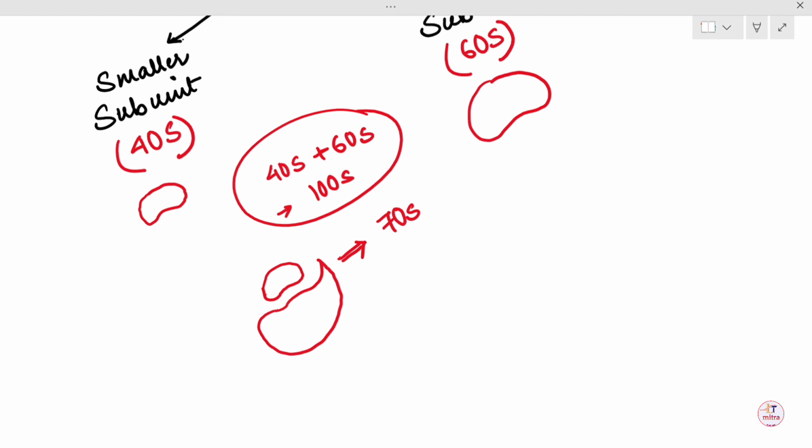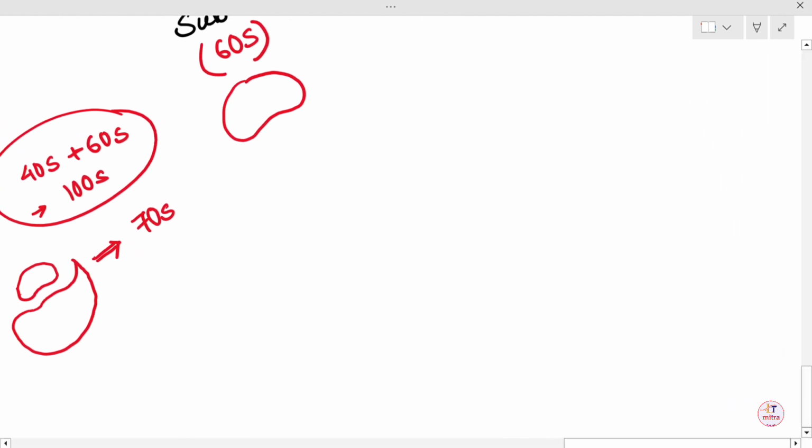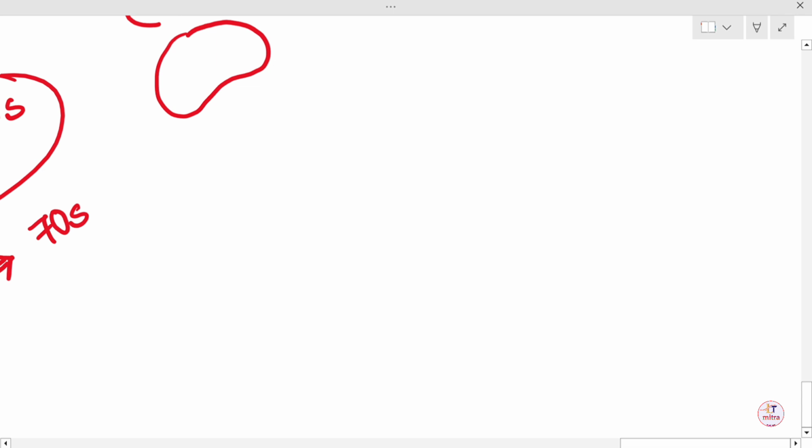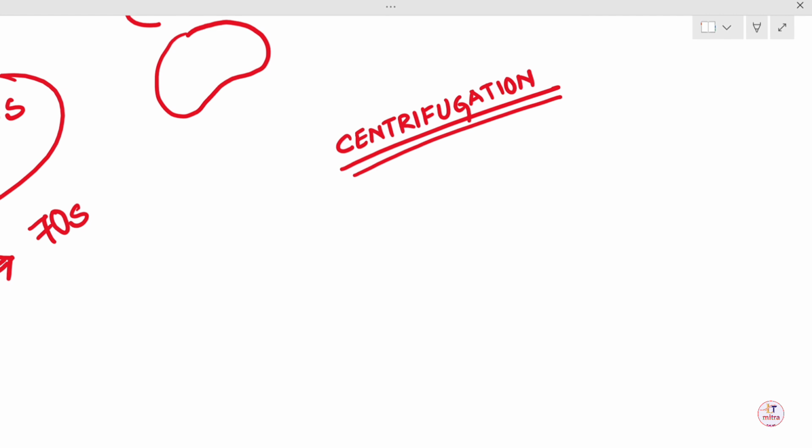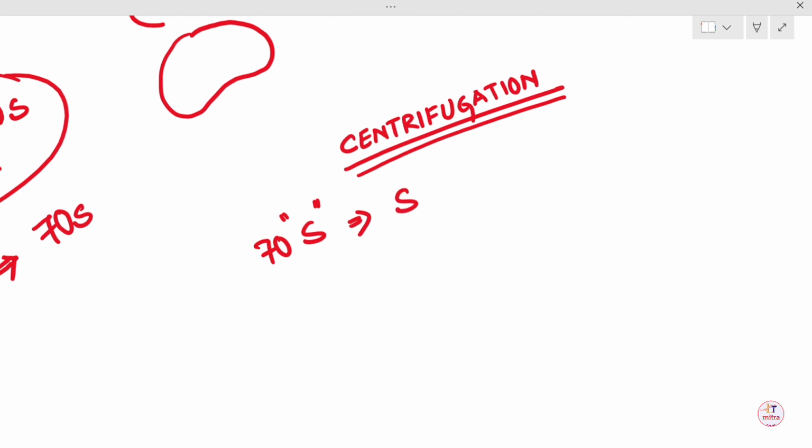Why is that so? The concept lies in the centrifugation process. This S stands for